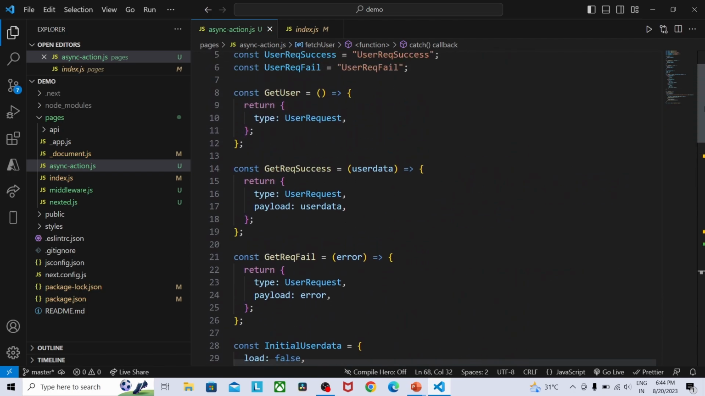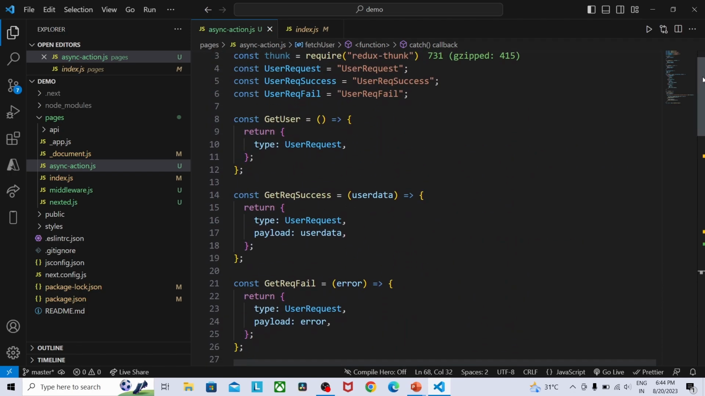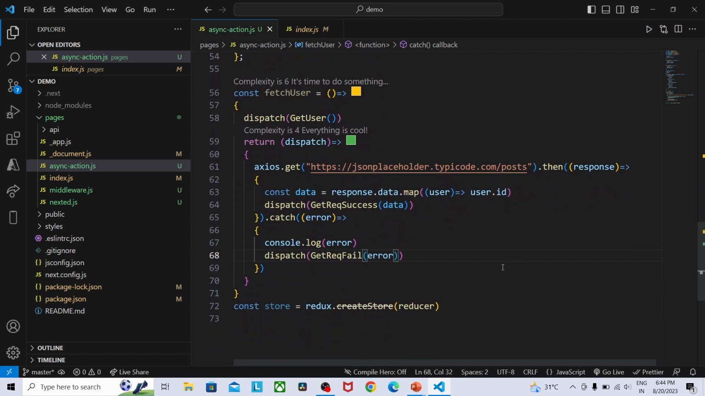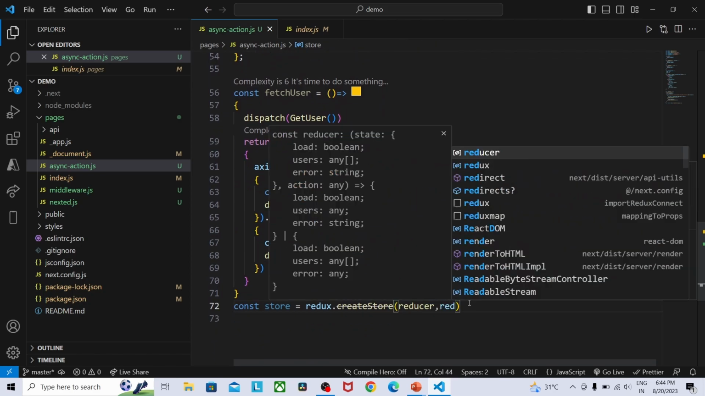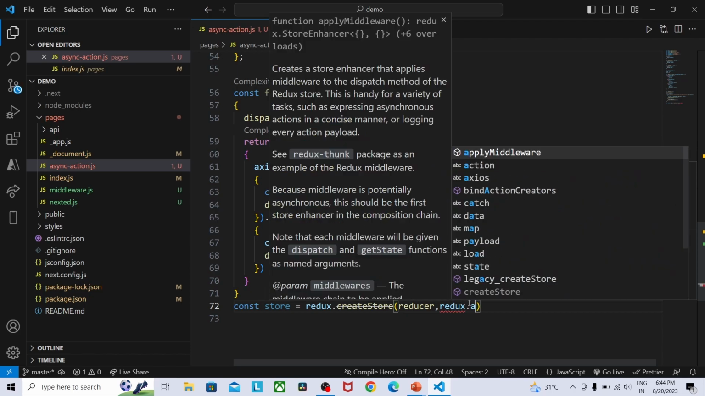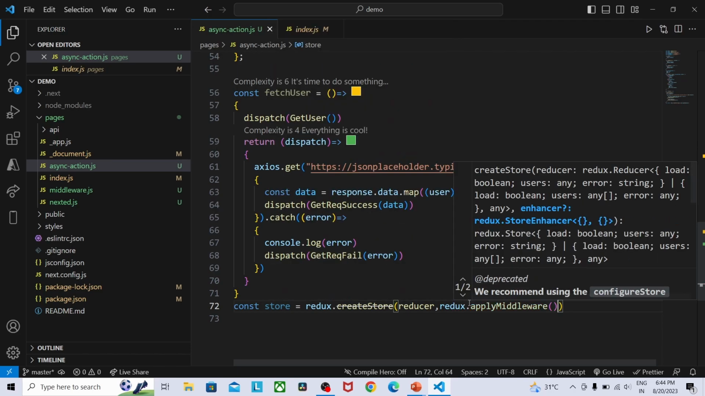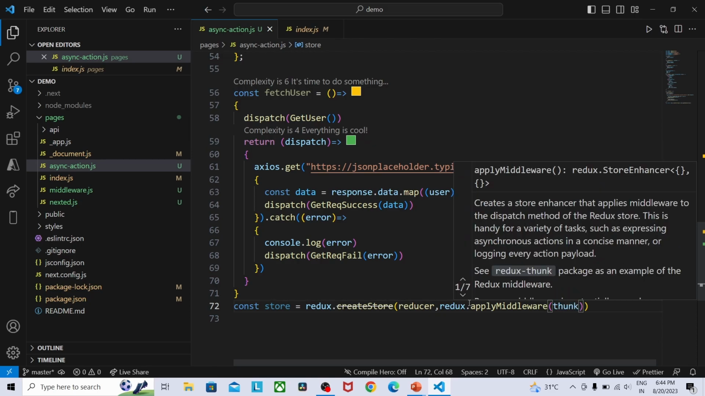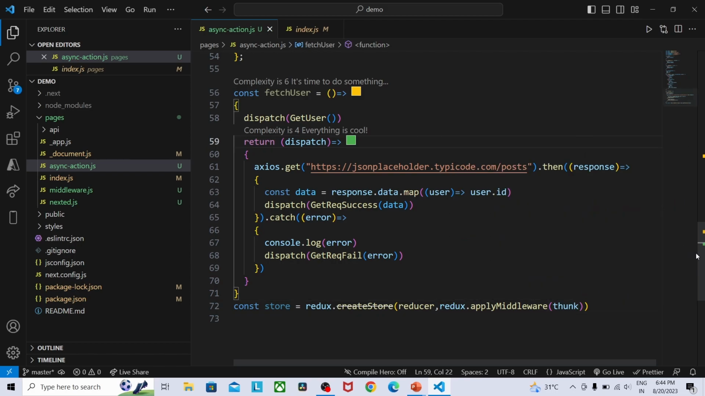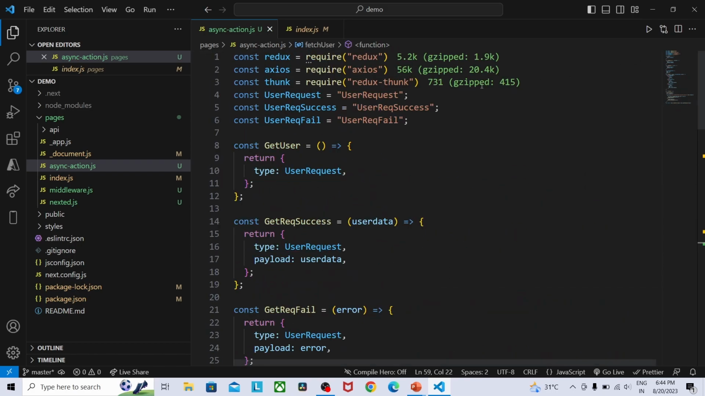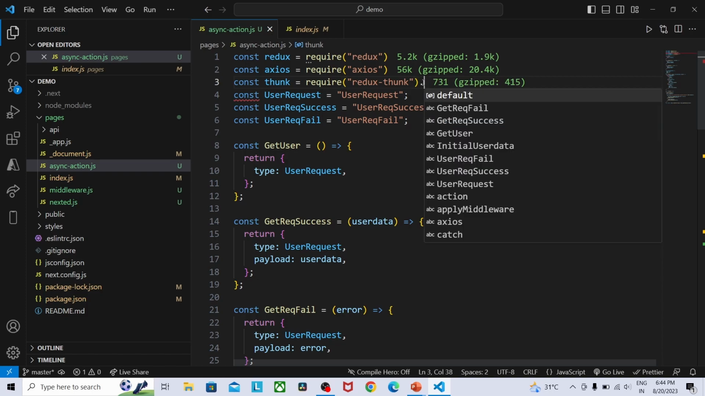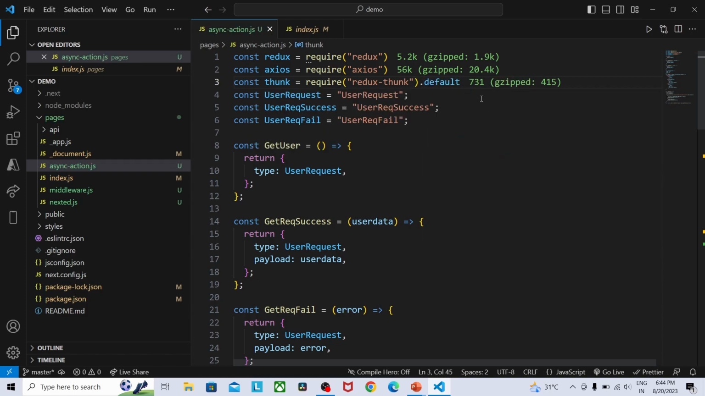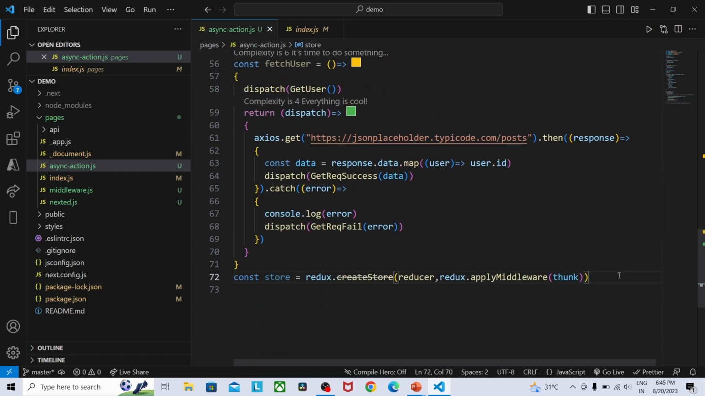Next, we have to get the middleware. So I'm going to provide redux dot apply middleware. Here I'm going to apply the redux thunk, and we have missed here. After redux thunk, we have to provide default. Finally, after this